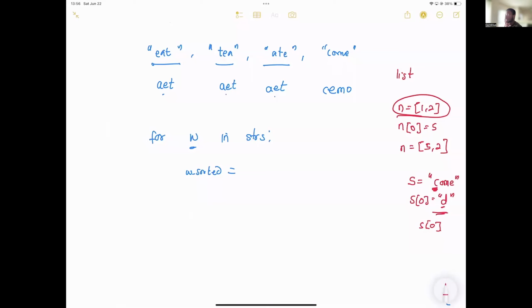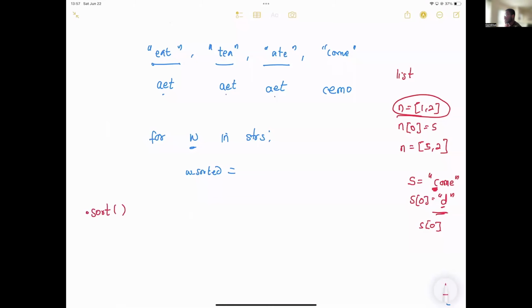We know two ways to sort things. Anyone? If I give you a list, how do you sort them? How do you sort a list? Anyone? We have dot sort, good. We're going to explain these two. This is how we're going to do this here. We're just going to explain things as we go on.